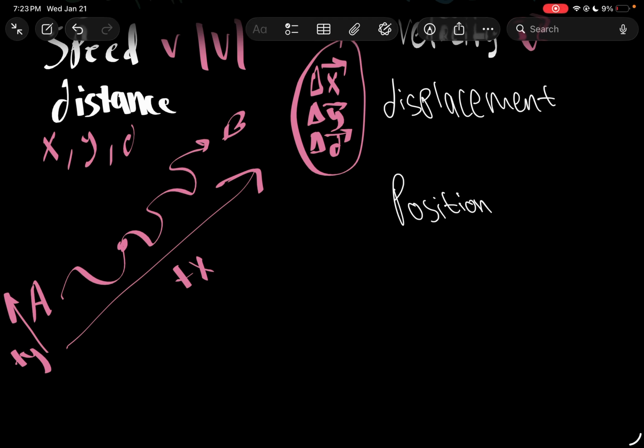And you can represent position as an x with an arrow on top if we're talking about the horizontal dimension, or y if we're talking about the vertical, or you can just represent it as d with an arrow on top